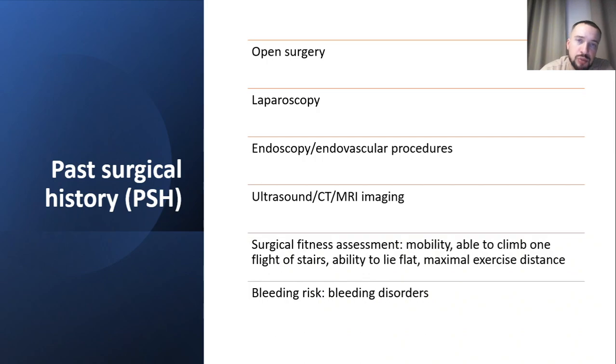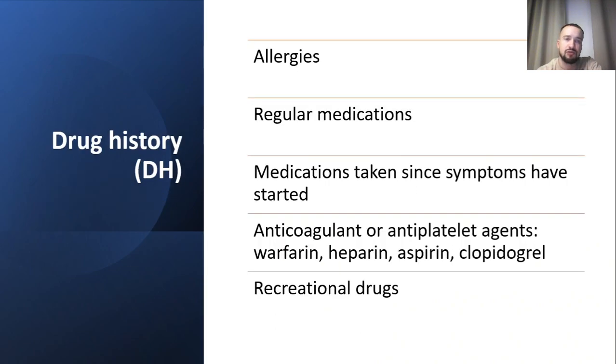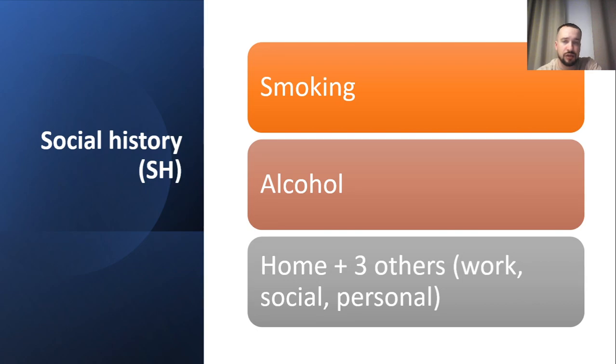Past surgical history: what does the patient have in anamnesis? Open surgery, laparoscopy, endoscopy, endovascular procedures, ultrasound, CT, MRI, imaging. Surgical fitness assessment: mobility, able to climb one flight of stairs, ability to lie flat, maximum exercise distance, bleeding risk, bleeding disorders. Drug history: allergies, regular medications, medication taken, signs, seem to have started, anticoagulant or antiplatelet agents, recreational drugs. Social history: bad habits, smoking, alcohol, home plus three others,